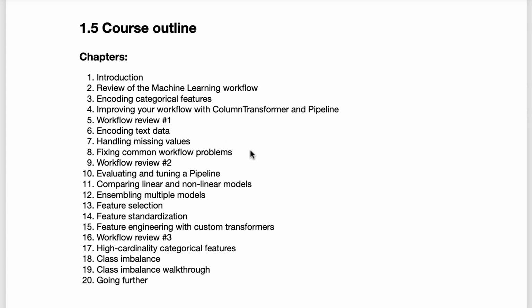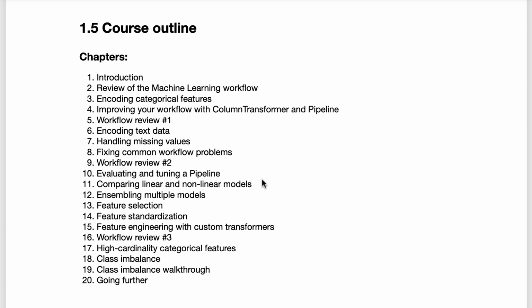In Chapter 8, we'll see what problems arise when we expand the size of our dataset, and then we'll figure out how to handle those problems. In Chapter 9, we'll review our workflow again and discuss how it's helping us to prevent data leakage. In Chapter 10, we'll take a deep dive into how to efficiently tune our pipeline for maximum performance. In Chapter 11, we'll try out a nonlinear model called random forests and figure out how to tune it without